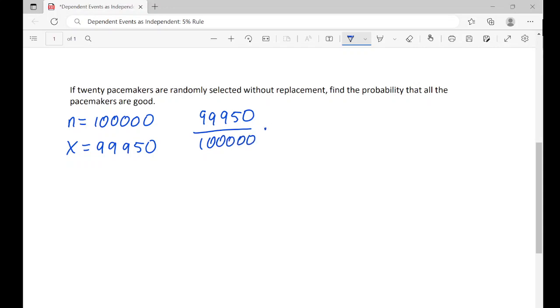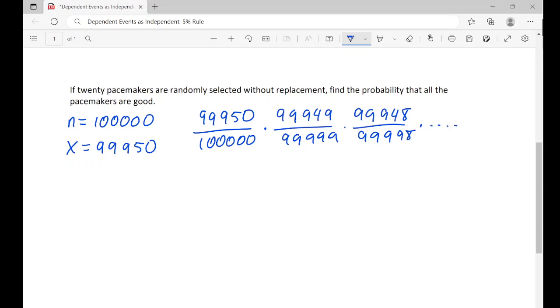So the next one is 99,949 over 99,999, and then I'm going to select another one, so one less, so 99,948 over 99,998, and so on 17 more times. Now this could take a while and it would be fairly annoying to have to do, or we can do